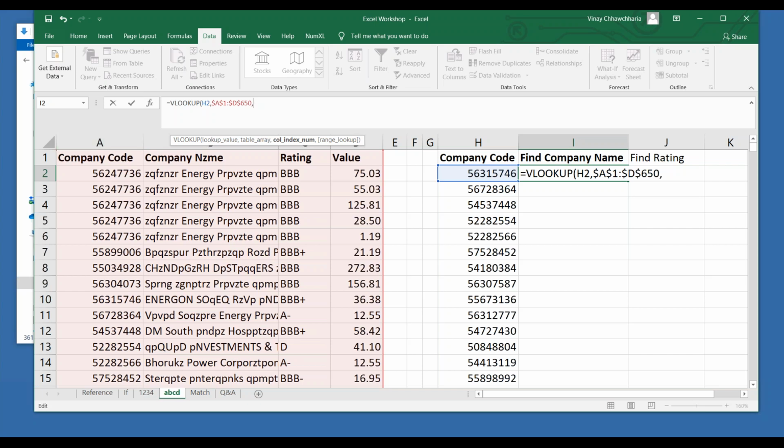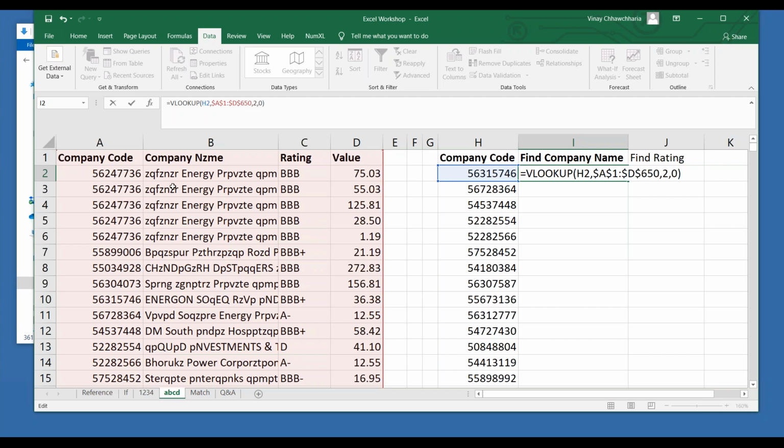This is column number 1, this is column number 2. So please return me the value which is there in column number 2. Now the fourth condition, it will be 0. Now we will get into why 0, why not other value, but let's try and focus on the first three